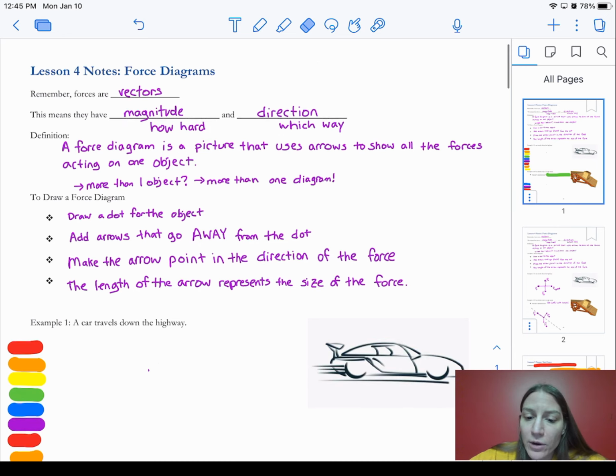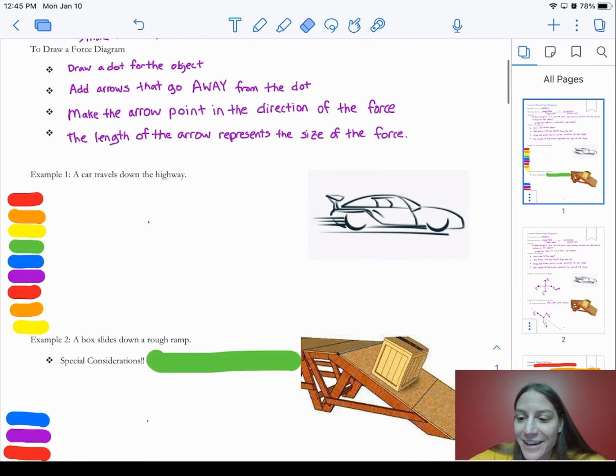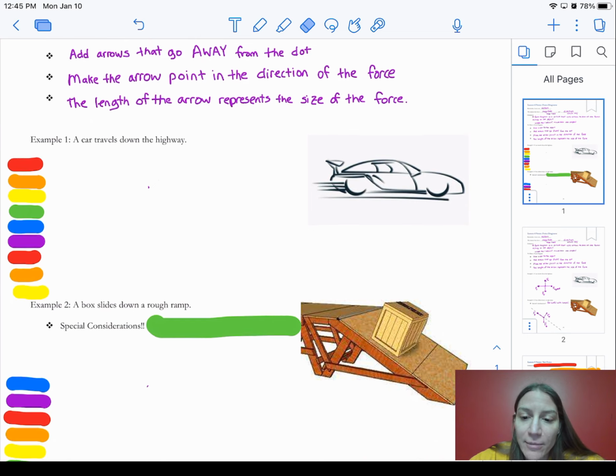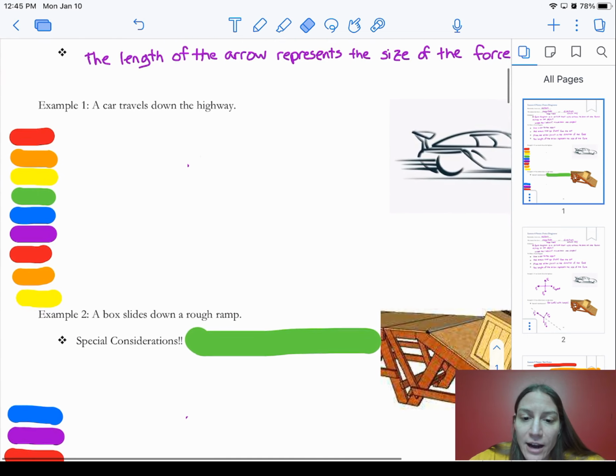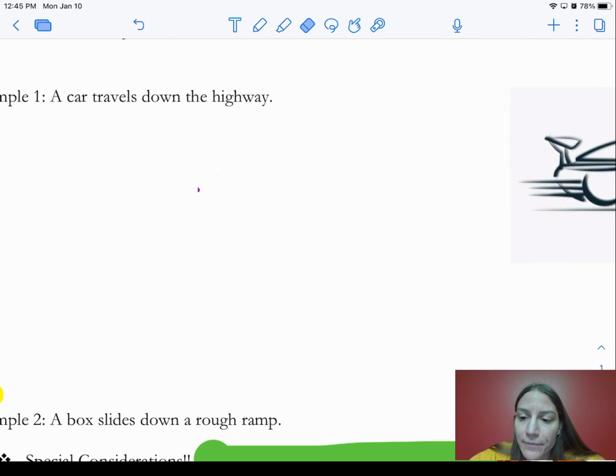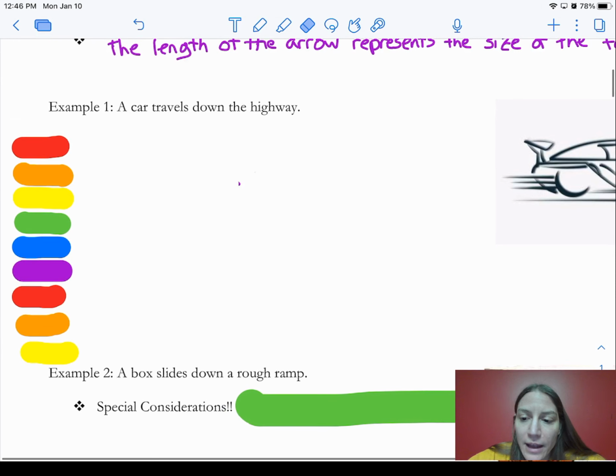Now we're going to look at drawing some, and I hope this works out okay. I had a lot of fun setting this up here. So we've got first a car traveling down the highway. I'm going to zoom in so we can see it better. There's a picture of a car there. Again, we're going to draw it as a